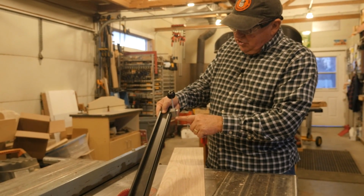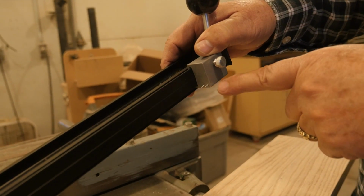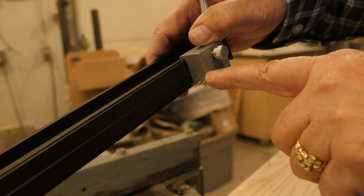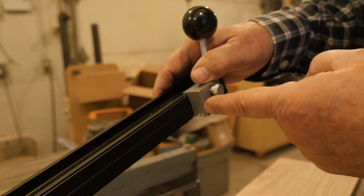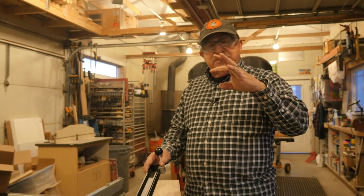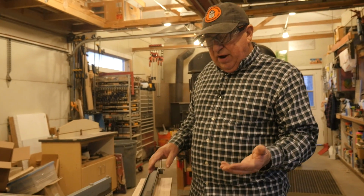So these do have a tendency to blow out a little bit on the bottom if you have a board that, like I said, is banana shaped. So I would suggest that these be moved up a little bit in the tapping process, and or potentially putting a third one in the middle that allows you to have less tendency for the wood to pivot as it goes. But as I said, neither one of those disallow this from being a great tool